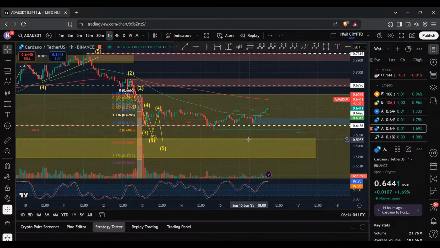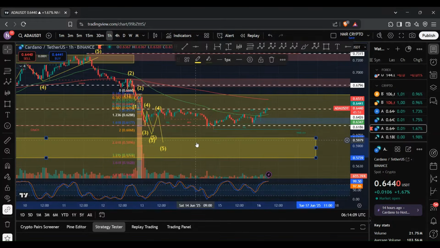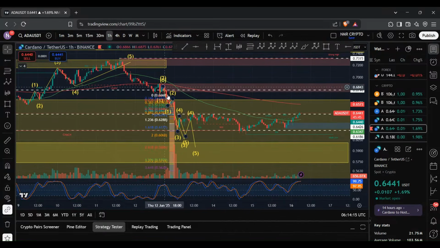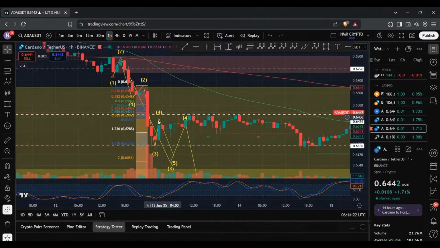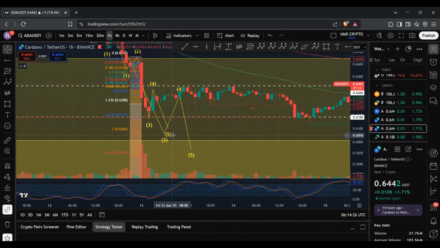So in my previous video, I talked about how I was tracking a 5-wave move to the downside, where I was looking for ADA to tap into this region between 57.39 cents to 60.13 cents. And I was tracking the wave 3, which is made up of 5 waves. And for the sake of the video, I mentioned how I assumed that the 4th wave was complete, and then we will see a further move to the downside to complete that 5th wave,